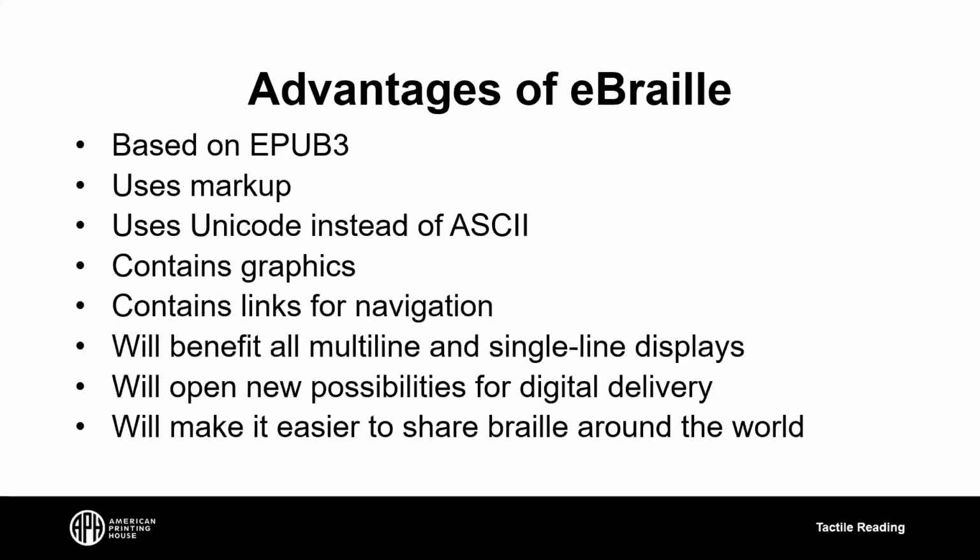If you tell them this is a graphic of the water cycle, now they don't have to waste time figuring out, oh, those are clouds, that's rain. They can just get right into it, understanding it. And so for the first time ever, we'll have alt text. And so if we go back to that example of the student with the single line display, well, now they've got alt text. So now they can see, okay, I'm looking for a graphic of, let's say an elephant. And then they go over to their stack, they find their elephant, and they know they're looking at the right graphic. They're not just relying on the print page number or something like that.